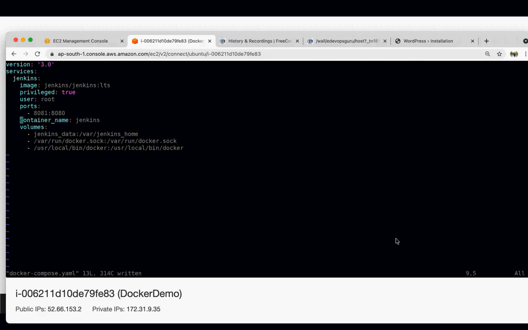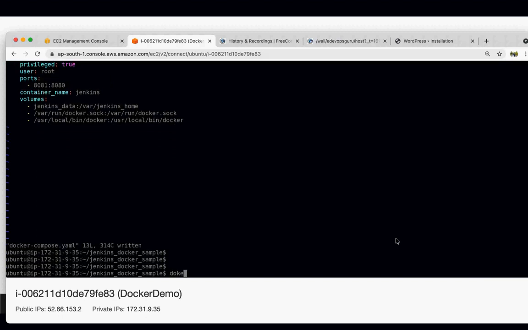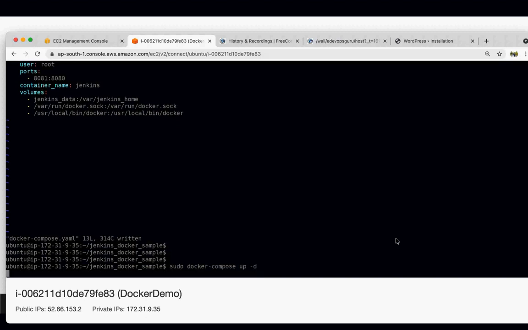Let's remove this management port. We want to name this container Jenkins, and we also want to mount the Jenkins home folder on our host file. And that's all. So let's run this one. Docker compose up -d.